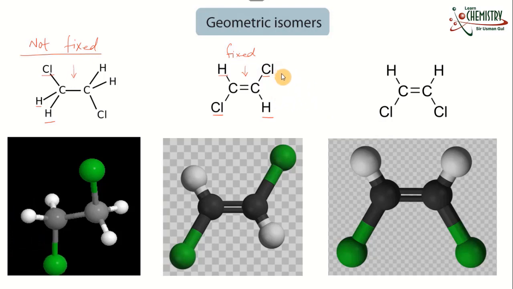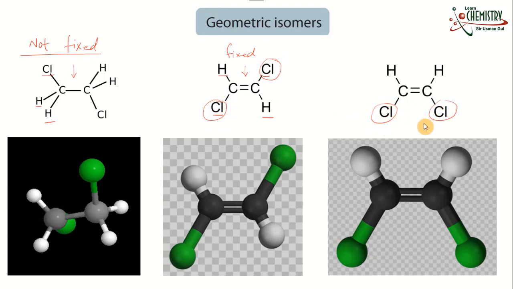If I compare both of them, you can see here the chlorine atoms are in alternate positions, but in the second molecule the chlorine atoms are in adjacent positions. So we identify this type of isomer as trans, and when the same group or atom are in adjacent positions, we identify this as cis. So this is the way we basically